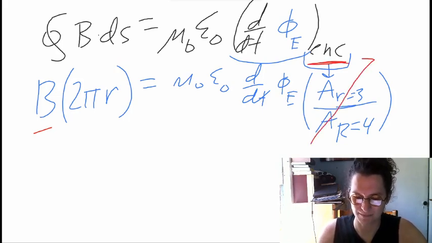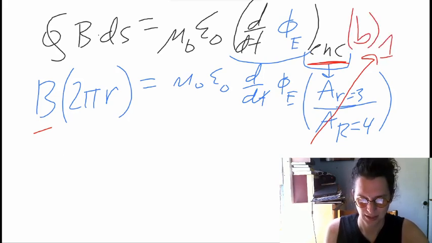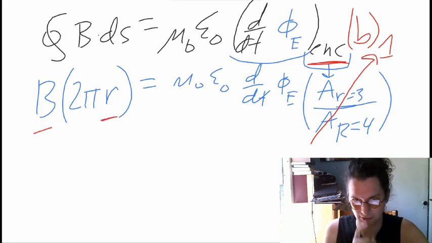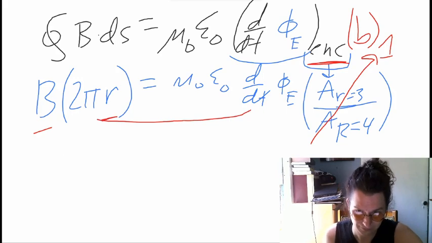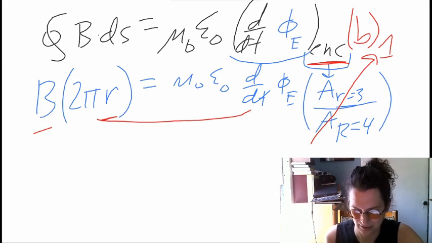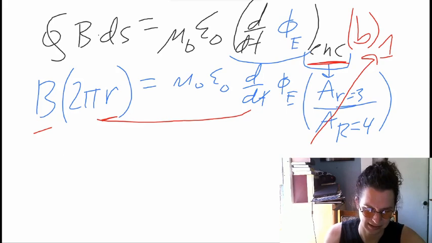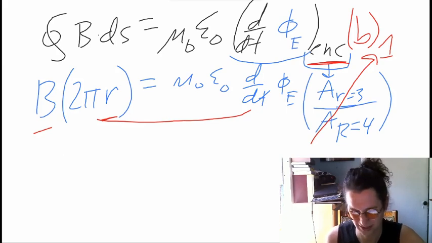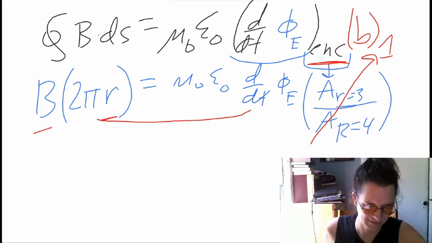So this is just for part B. This is going to go to 1. And so you'll just plug in your R value there, and you can solve. And what I will mention is that you can write up kind of a general equation here. You could solve for B, and it would be that B is equal to mu naught times, well, it would be sort of related to the magnetic field equation that we had